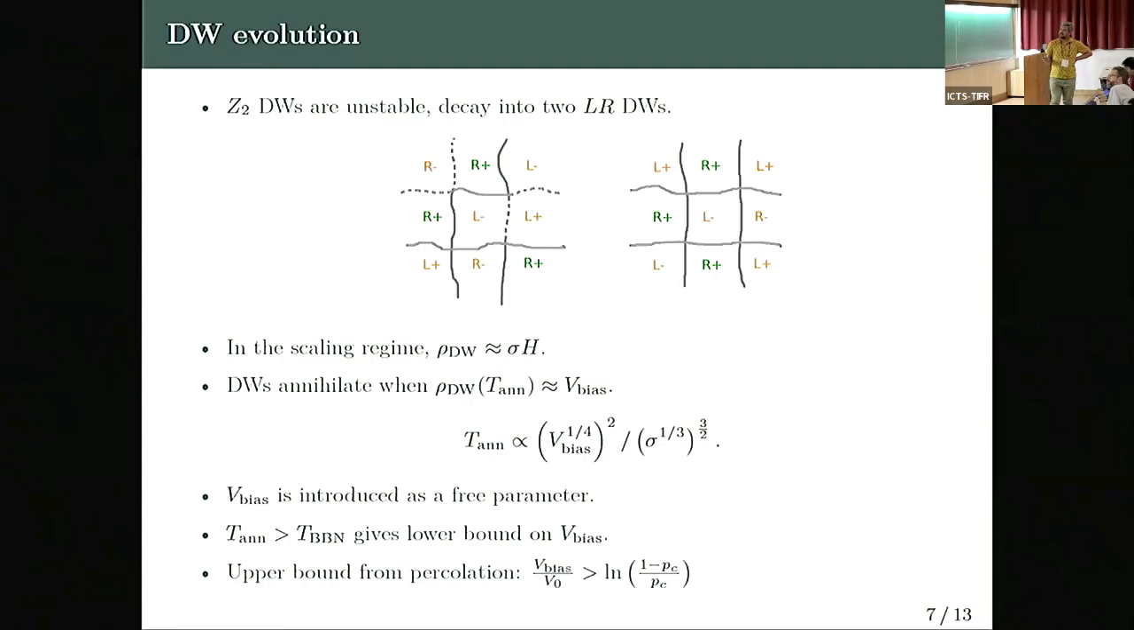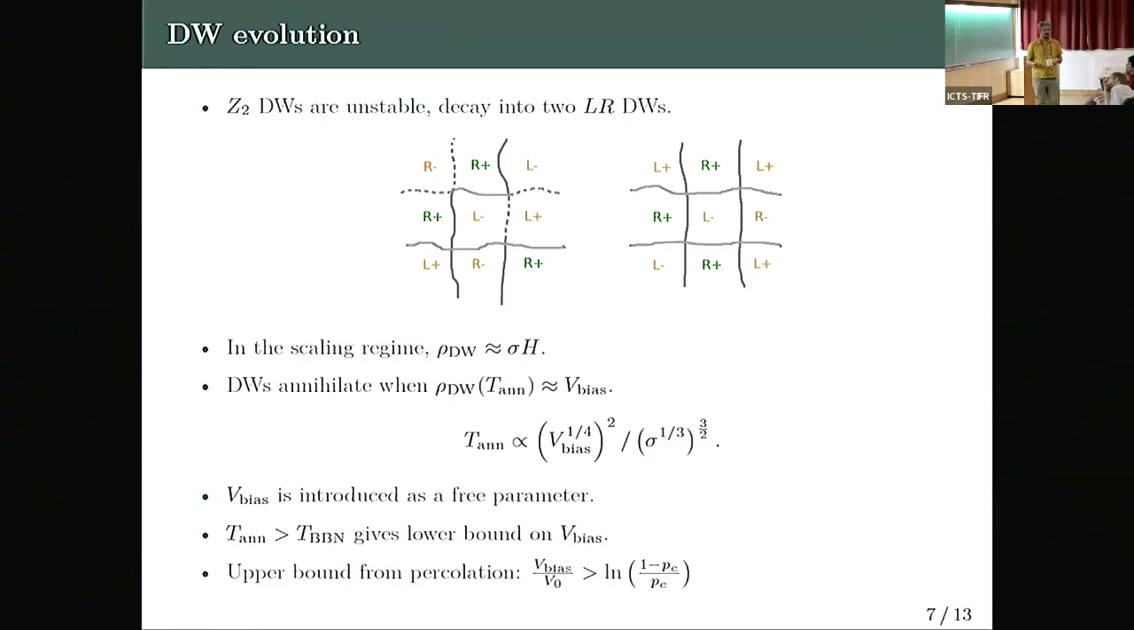And after that, basically, we can get the scaling regime, and in the scaling regime, rho domain wall is just proportional to sigma times H. Okay, and because we know that the walls are not allowed by cosmology at late times, we need to annihilate them, and the way to do it is to introduce a bias in the potential. And here I am just taking V